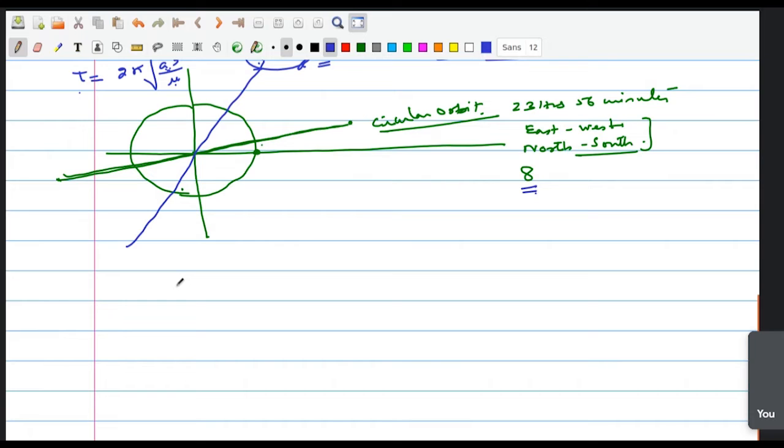So for geosynchronous orbit, we are seeing that if it is in the equatorial plane, then we will have the east-west drift. If it is off the equatorial plane, then we can also have the north-south drift, and therefore it appears like a figure of 8. So this point is overhead, and over this you will see that it's making a figure of 8. And if this orbit is also elliptical, accordingly the things will get further distorted.